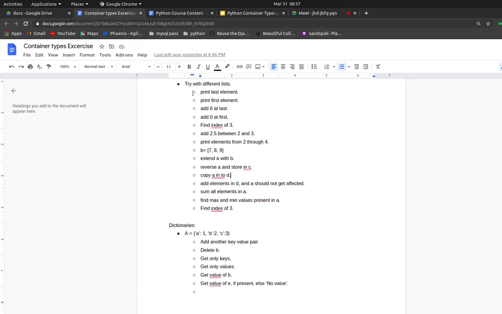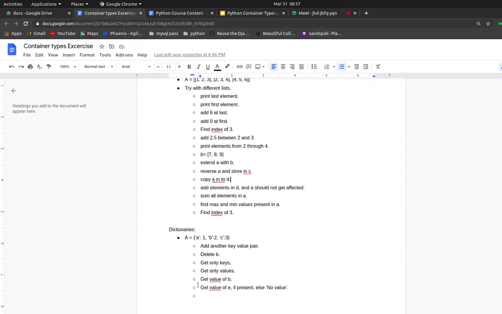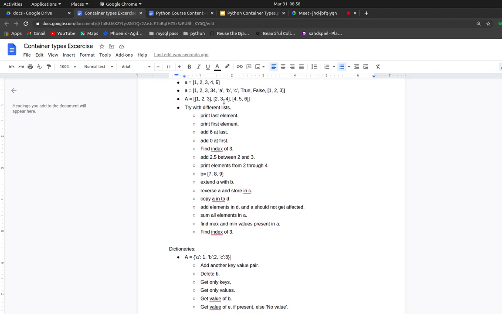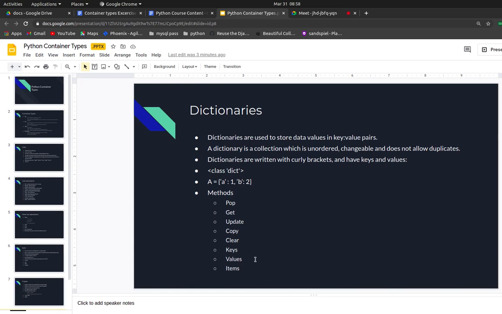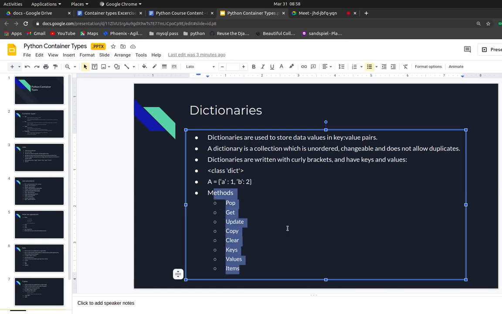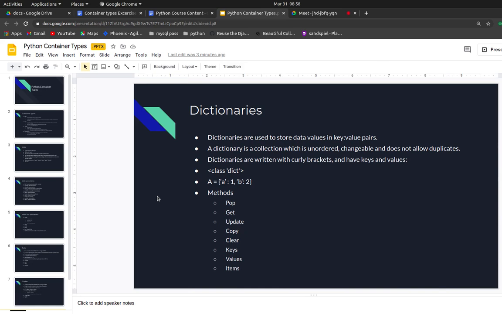I have given two tasks: one for lists and one for dictionaries. I just gave an example of how you can work on these tasks, right? Basically create different dictionaries and different types of lists, and try to work on the tasks. If you work on the simple ones, it will be very easy, but try to create complex things and work on the same values. Then you will get familiar with all these methods. You should know all these methods by heart. Yeah, that's it for today's class. Practice all these things. Okay, cool.